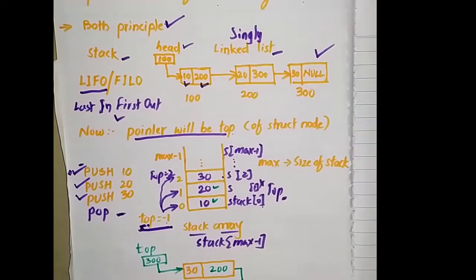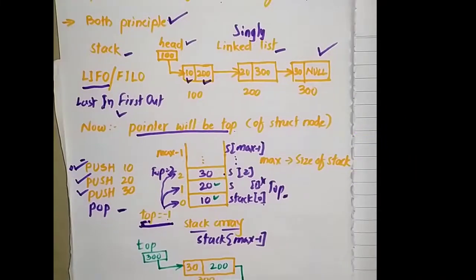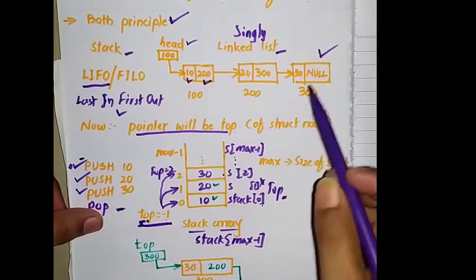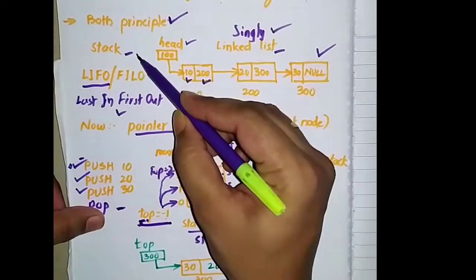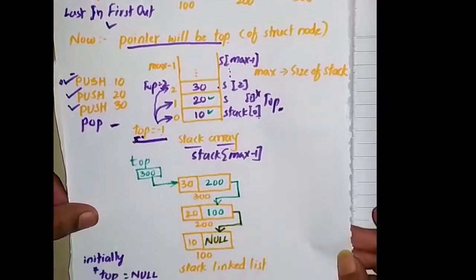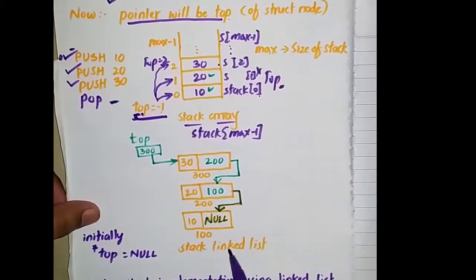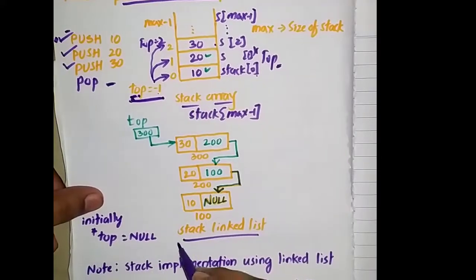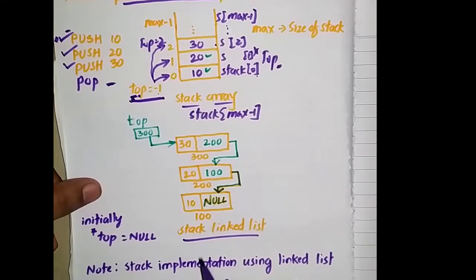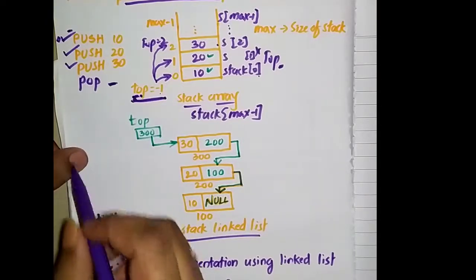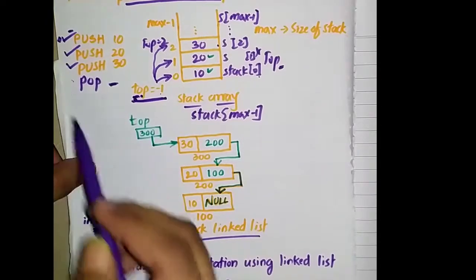Now in this lecture, as I was discussing, for the implementation of the stack using linked list, we should follow the principle of linked list as well as stack. So the basic diagram which you will use here is something like this. Here I will call it stack linked list, that is, the stack is implemented using linked list. I have taken the same constraint, the 3 push operations and then 1 pop operation, whatever we have considered here.